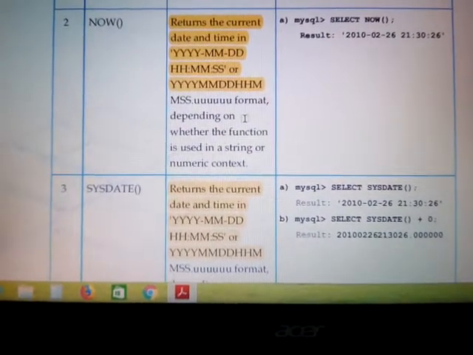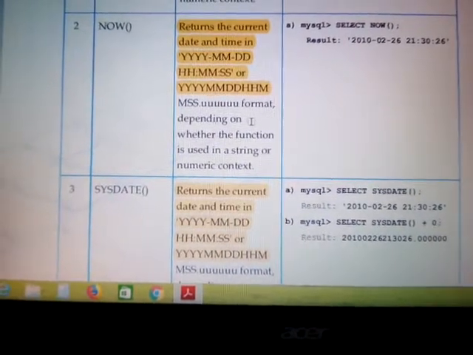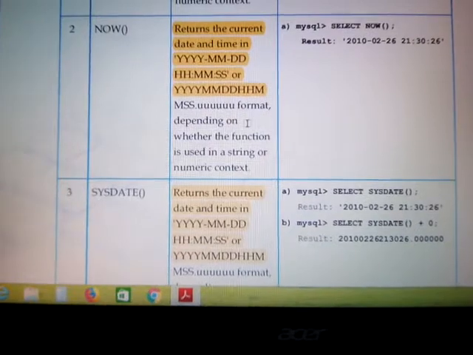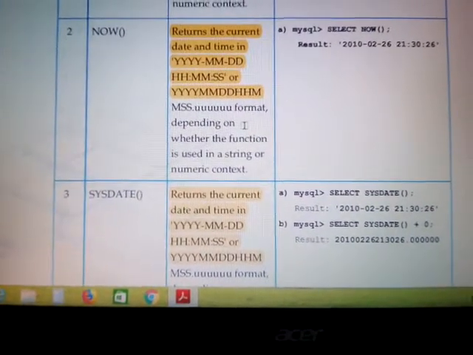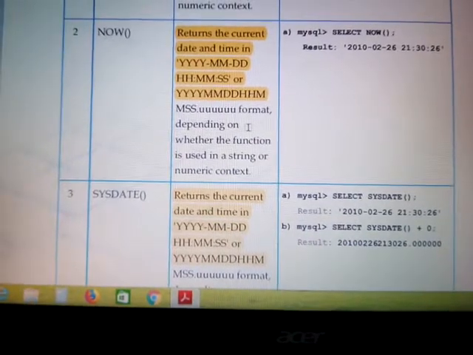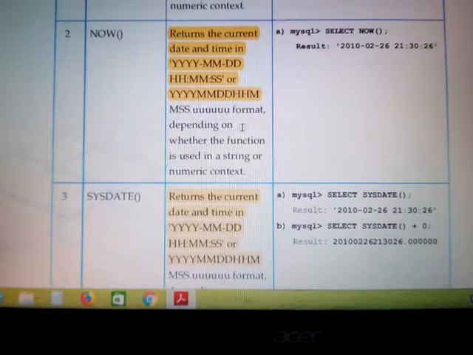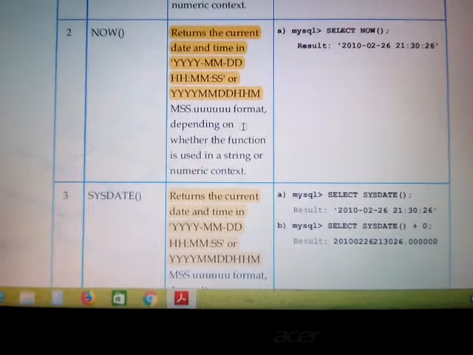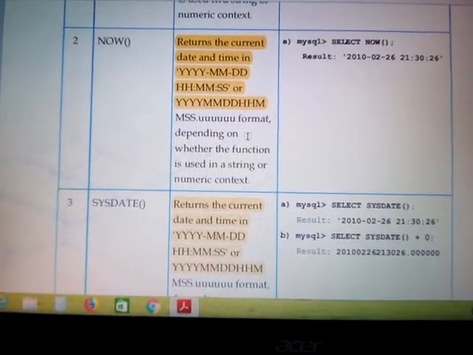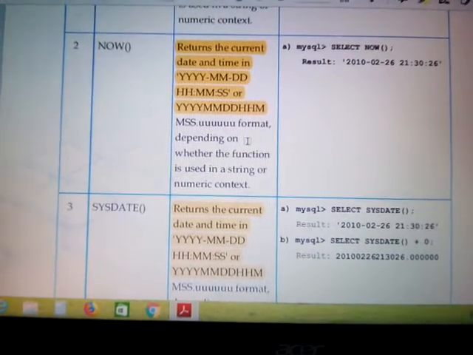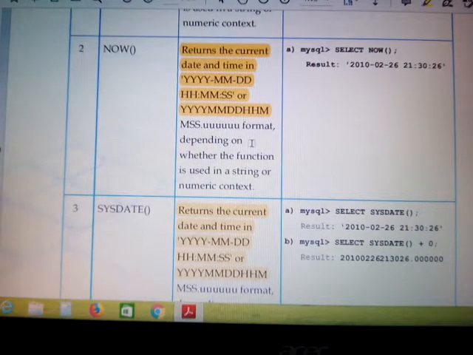See, the NOW function tells you the time at which the statement began to execute, and SYSDATE will tell you the exact time. Just imagine we have written SELECT NOW, and as soon as I have written it, the timing is 9:30 and 01 second.